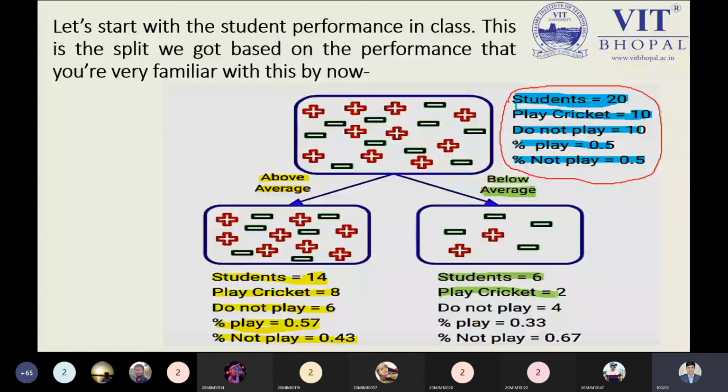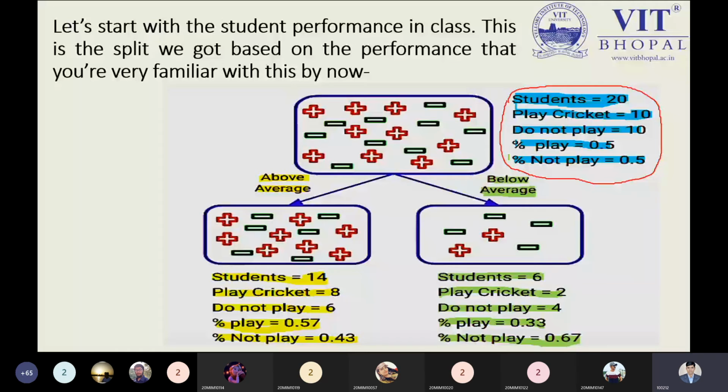My dear students, please keep in mind, the first data which I marked in the circle, followed by the sky blue color, defines the two data used for calculating entropy at the parent node. The yellow color and green color data are used to calculate the entropy at the child level. Now my statement is clear to all? Tell me, is my statement clear? Yes, sir.